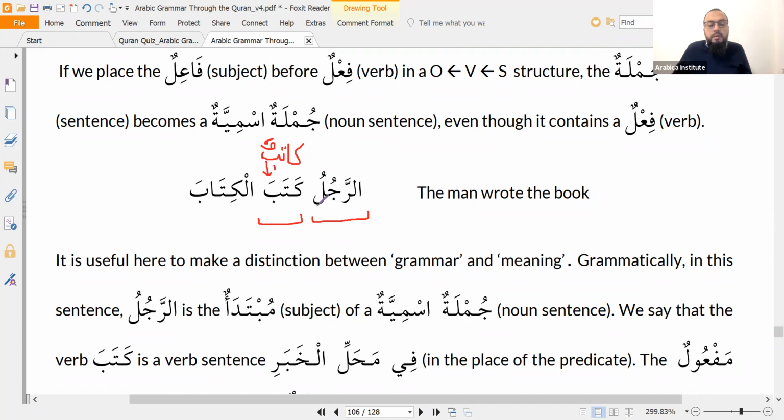right? That's a similar meaning. The man is a writer. الرجل كاتب, that's your noun sentence. And the kataba is really just doing the same job as the word katibun. So this word katibun is marfu'un. It has the rafa' and you can see it visibly. But the word kataba is fi mahalli. It's in the place of this word, which is in the rafa' position.